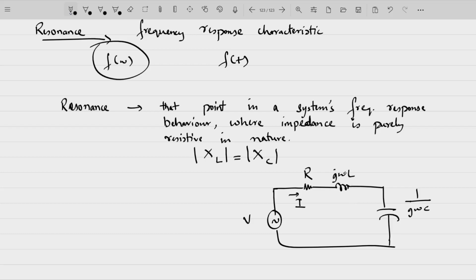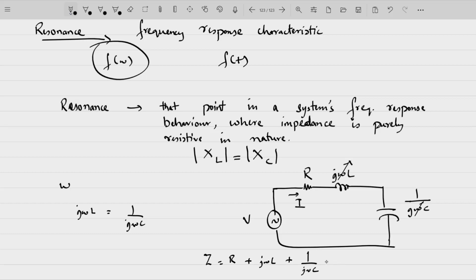So at some value of omega, what happens if omega is variable in this system? There will be some value of omega at which j omega L becomes equal to 1 by j omega C. Since the total impedance of the circuit is Z equal to R plus j omega L plus 1 by j omega C,